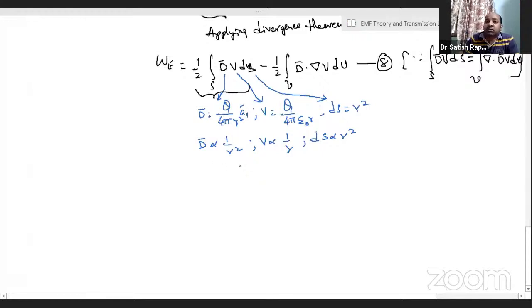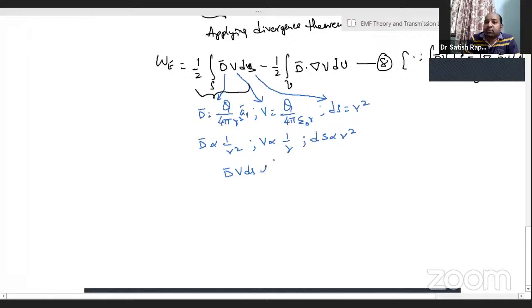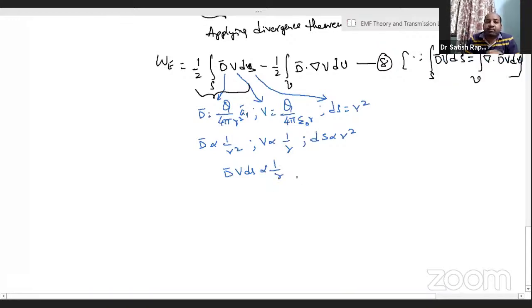Multiplying these, 1 by r square, 1 by r, into r square, so it is 1 by r. So D bar V dS is proportional to 1 by r. So as r tends to infinity, because we are moving a point charge from infinite distance,